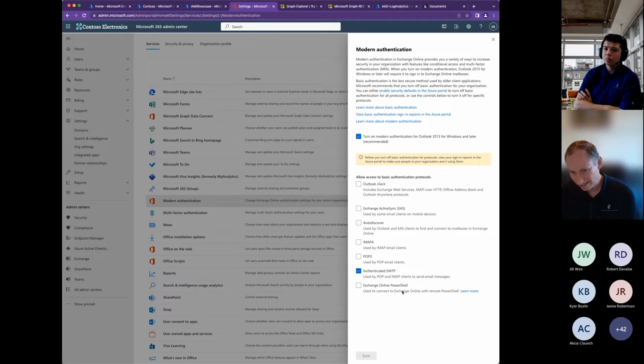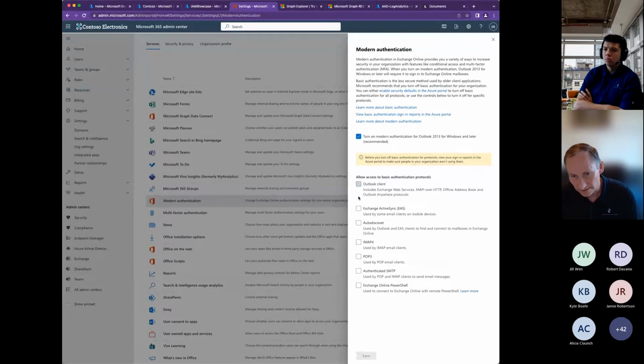So if you look like this and you're like, I left this one turned on because I have printers that have to relay mail, there's a way to fix this. You have to do this through PowerShell, but it's really simple. Contact us if you need help. You can go into PowerShell, create a new policy that just allows SMTP, and then assign that policy to the printer's account. Done. Once that's in place, you come here and turn this off, because this is the